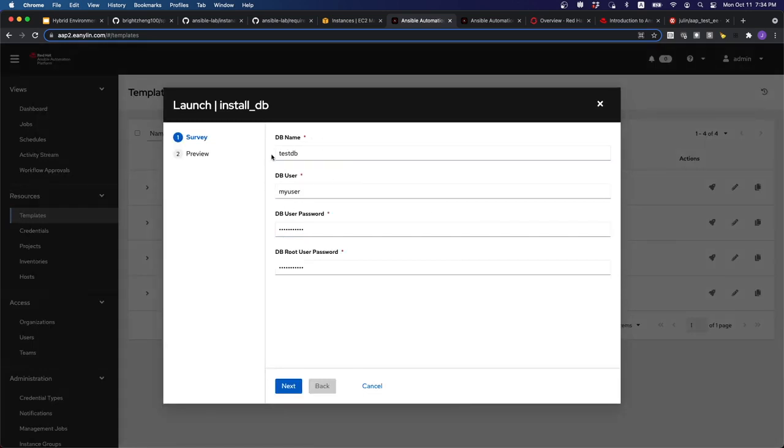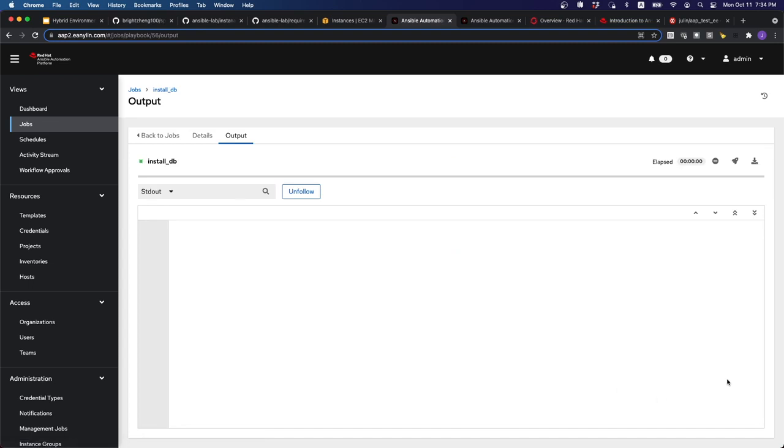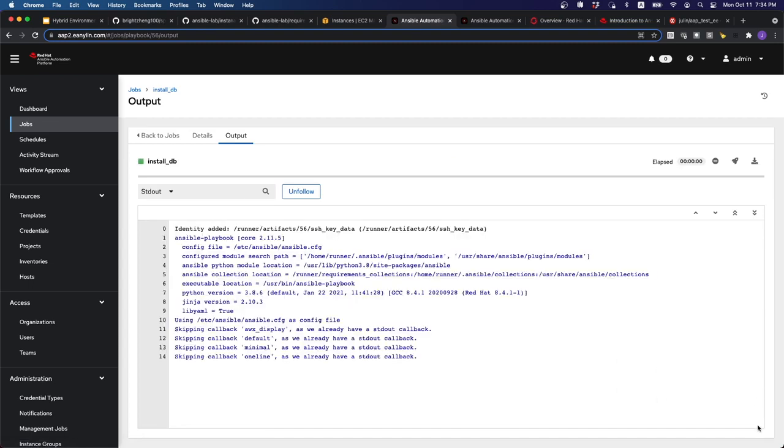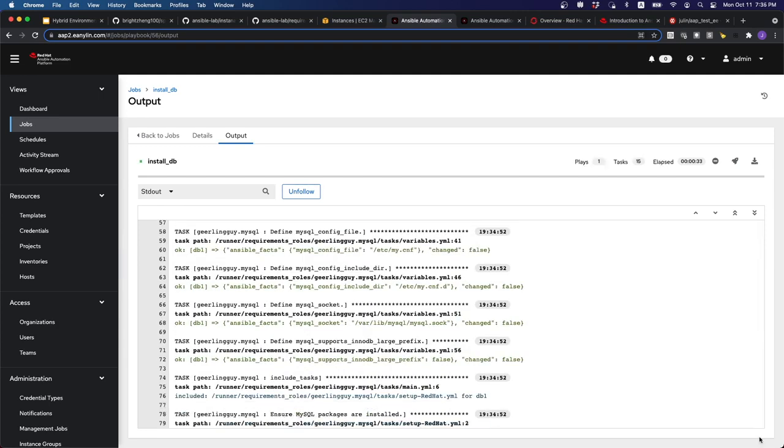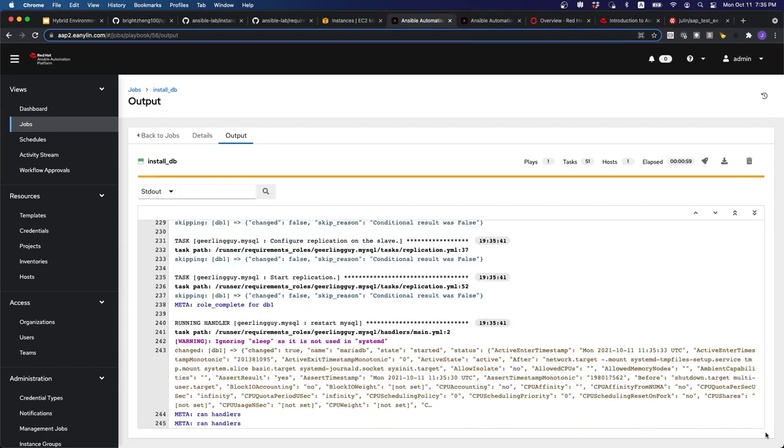I'm defining a few extra variables over here, right? The database name, the user, the password, etc. So basically, I'm going to leverage on the community.mysql collections that's available in Galaxy to do the deployment of the database. So this is going to take a while as it runs through all the steps that is needed in order to deploy the database. All right, it took about a minute to install the database. So now that the database is up, right,